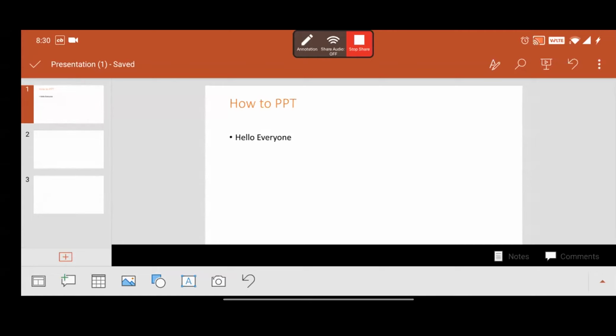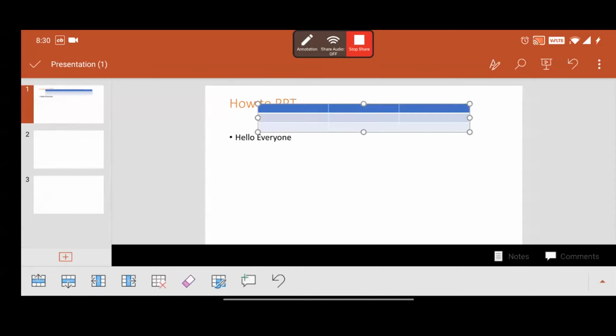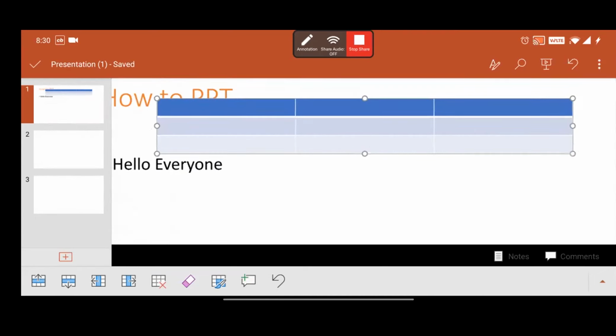Now the next option is the table option. Now what happened? We added a table. Table is useful for adding data. If you want to add any data, you can use this table. Now what you can do is add any data.